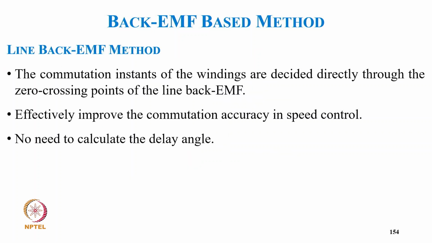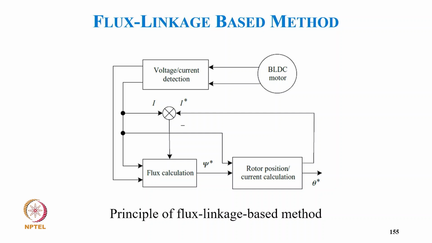So coming to the line back EMF method, the commutation instant of the winding's back EMF is decided directly through the zero crossing point of the line back EMF, and effectively it improves the commutation accuracy in speed control. No need to calculate the delay angle. This is typically the principle of the flux linkage based method. So we are sensing typically here the voltage and current, and from current we have a reference current. So we have a current error, and then we have typically the back EMF. So from this we calculate the flux,